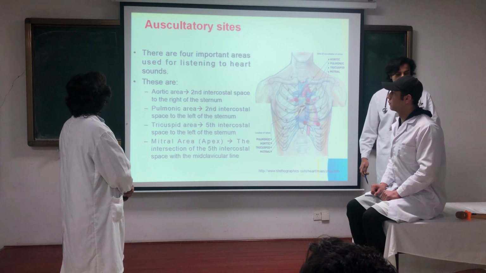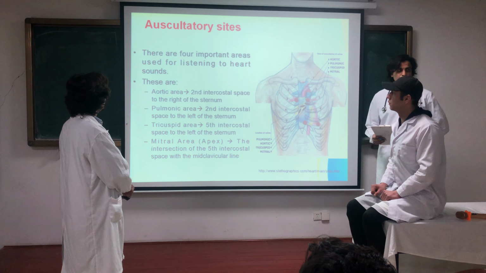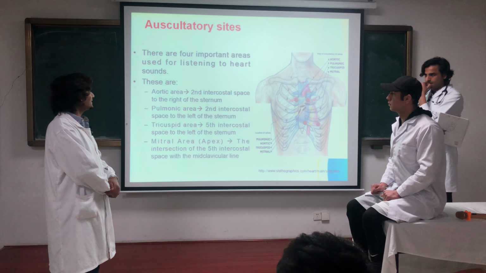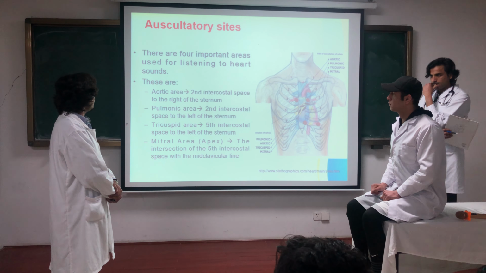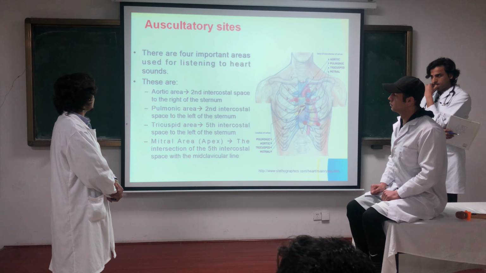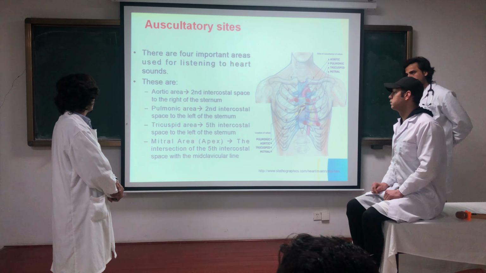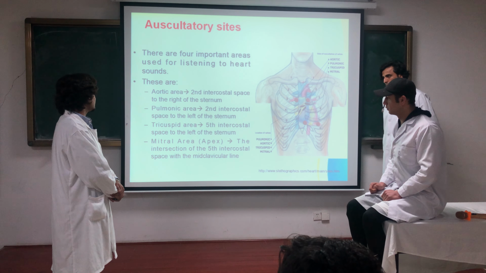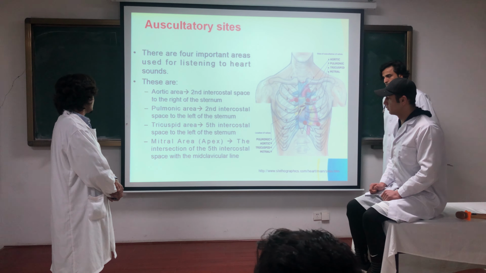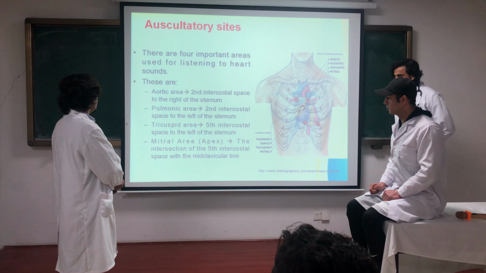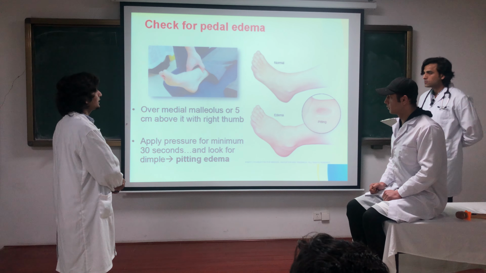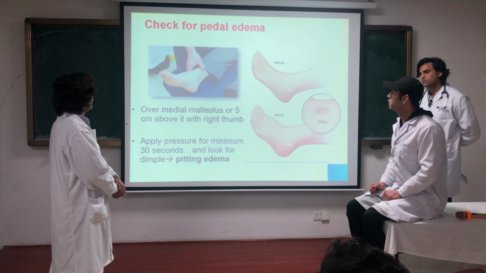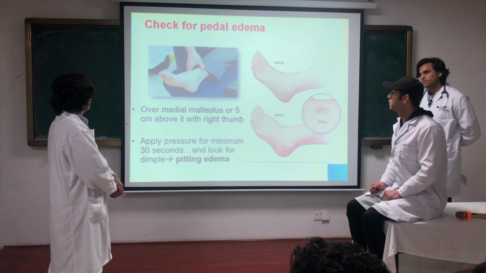Auscultation sites. There are 4 main important areas used for listening to heart sounds. These are the aortic area, second intercostal space to the right of the sternum; pulmonic area, second intercostal space to the left of the sternum; tricuspid area, fifth intercostal space to the left of the sternum; mitral area, the apex, the intersection of the fifth intercostal space with the mid-clavicular line. And at the last, the doctor will check for the pedal edema over the medial malleolus